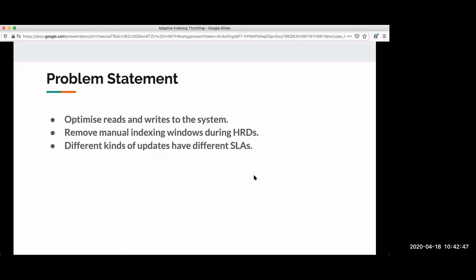If I have no check in place in my indexing pipeline, all updates will happen at the same pace. So I'm trying to optimize for reads by utilizing the greater SLA in some kinds of updates. If I say it bluntly, I'm just trying to delay the catalog updates to improve read performance, which is not exactly true, but is the essence of what we are trying to do. Whatever updates can handle that delay, we are delaying them to improve our read performance. So this is what we are trying to solve.